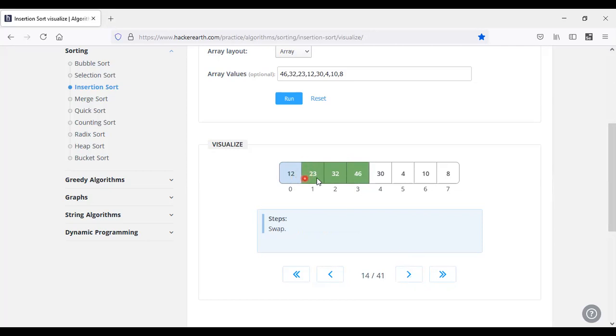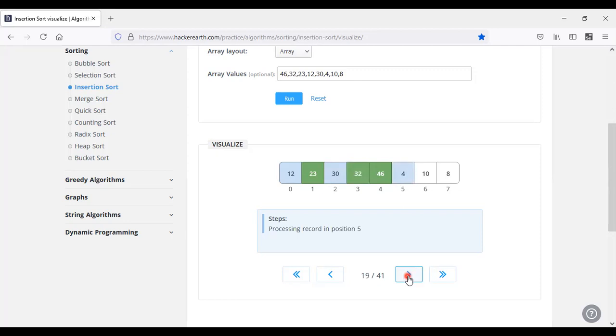The next value is at the fourth position, which is 30. Compare with the others. 46 is greater than 30, so swap the elements. And 32 is also greater than 30, so swapping has to be done again.